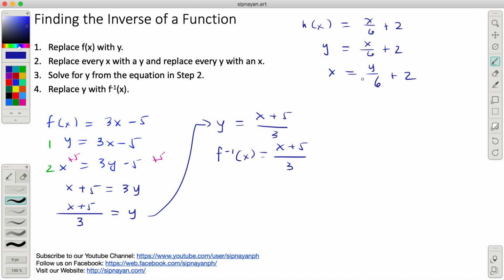May 6 sa denominator. So, multiplying by 6, we have 6 times x equals 6 times y over 6 plus 2. So, 6 times x is just 6x. Tapos yung 6 times y over 6 is just y, plus, multiply natin, 6 times 2 is 12. So 6x equals